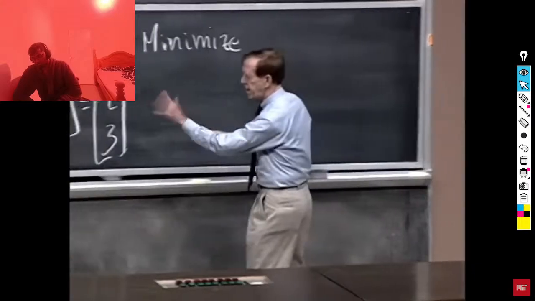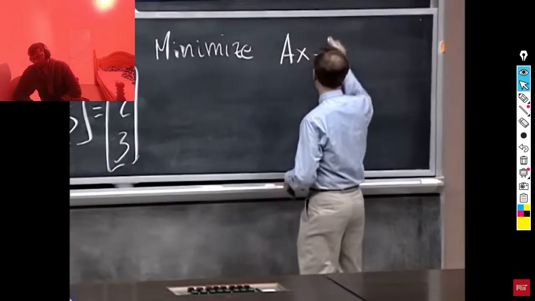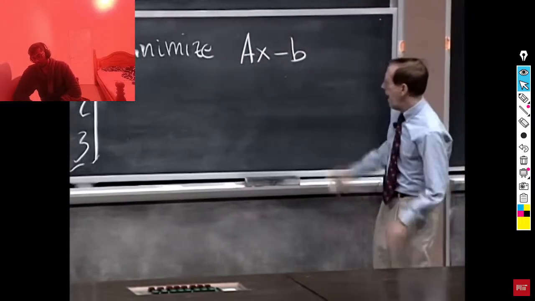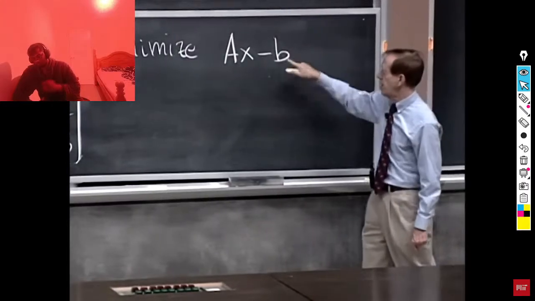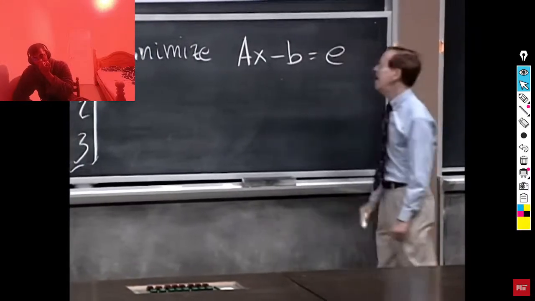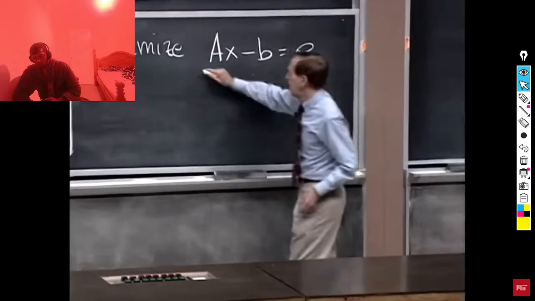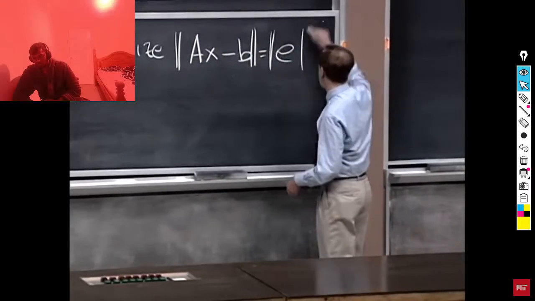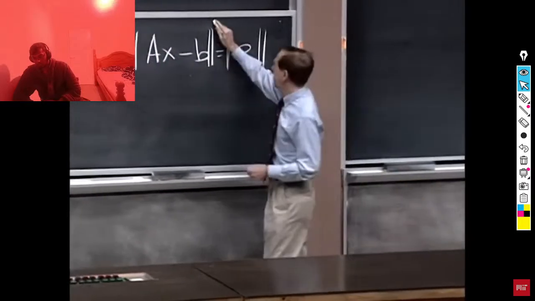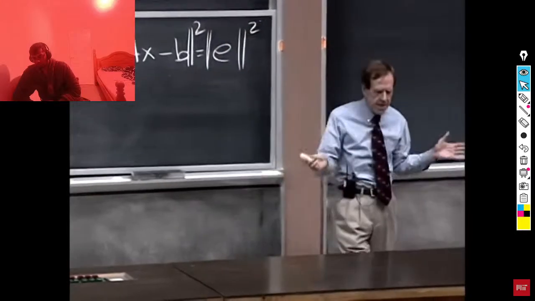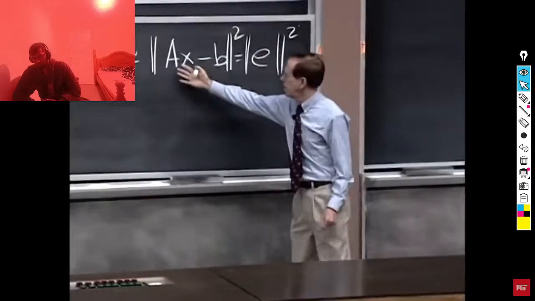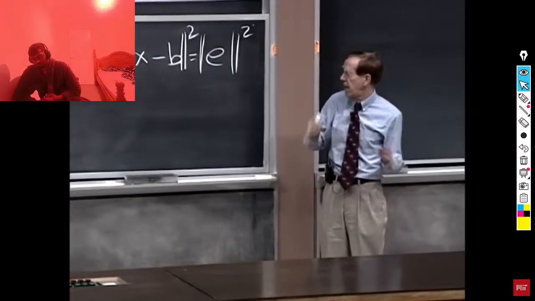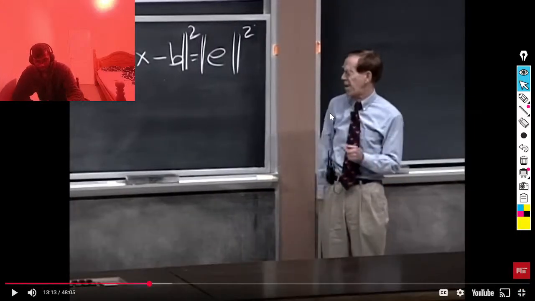Those errors are the difference between Ax and b. That's what I want to make small. And the way I'm measuring this is a vector, right? This is e1, e2, e3. Ax minus b is the error vector e. And small means its length. The length of that vector. That's what I'm going to try to minimize. And it's convenient to square. If I make something small, this is a never negative quantity, right? The length of that vector. Usually, in any given set of linear equations,